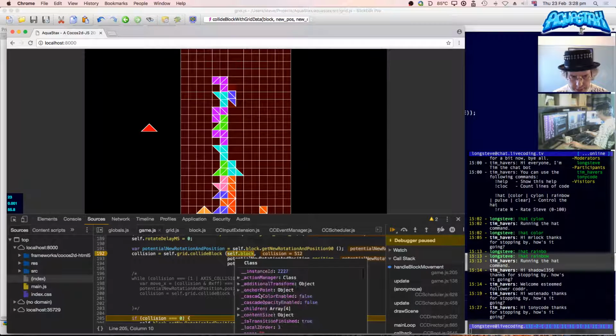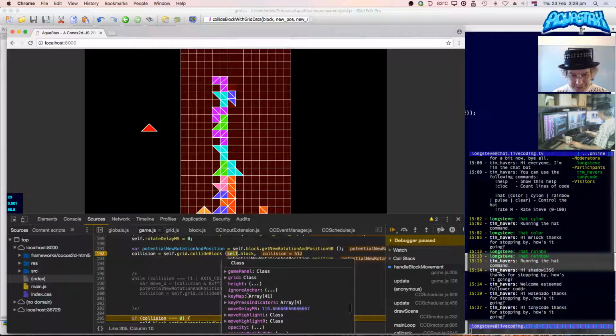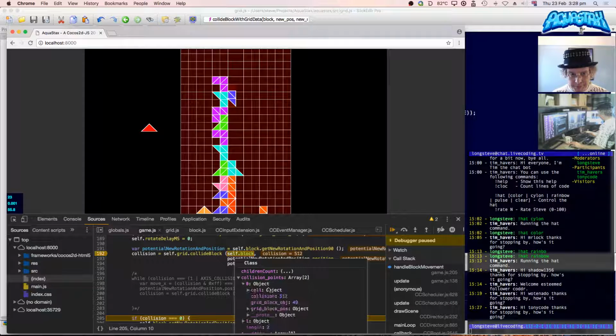What was I looking at earlier then? I wonder if I was hovering over self. Inside self, there's a variable called collision points camel case. Inside self.block, there's collision underscore points, which is what I actually want to look at. Right. So the collision points are the cell, which is which one it is within the falling block, and the grid block obj, which is 49, and the grid block position, which is the XY position.